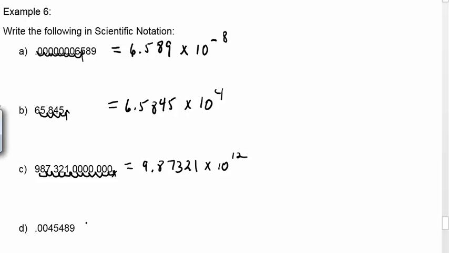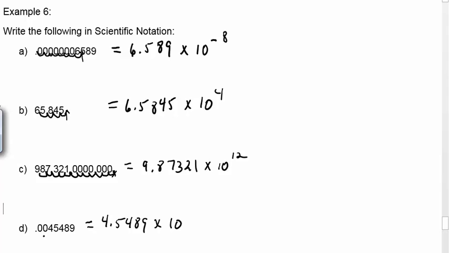Our last example, again following the rules, our first step is to move the decimal, in this case to the left of the 0, to form a number that's between 1 and 10. So we need to move it between the 4 and the 5. So our number would be 4.5489. Again, this is a number between 1 and 10 times 10 raised to the,